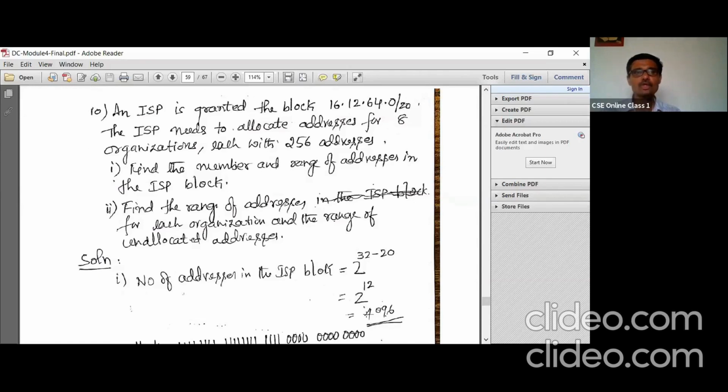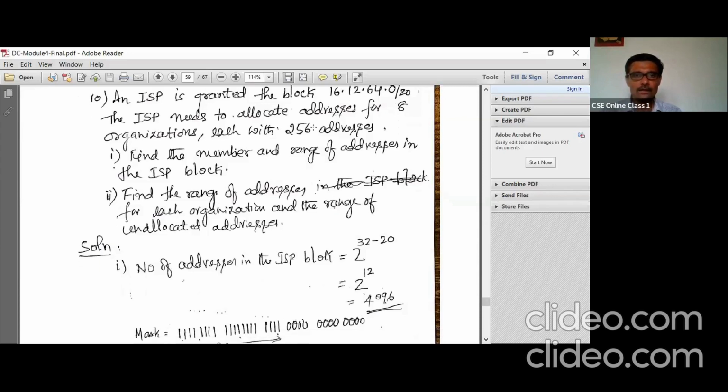So 4096 addresses are allotted to the internet service provider. The internet service provider will allot these addresses to the subnetworks, or the different organizations.